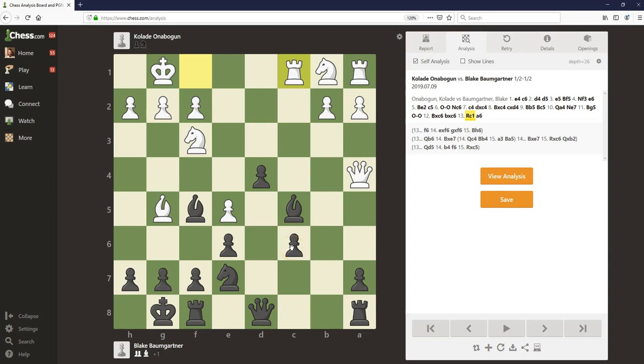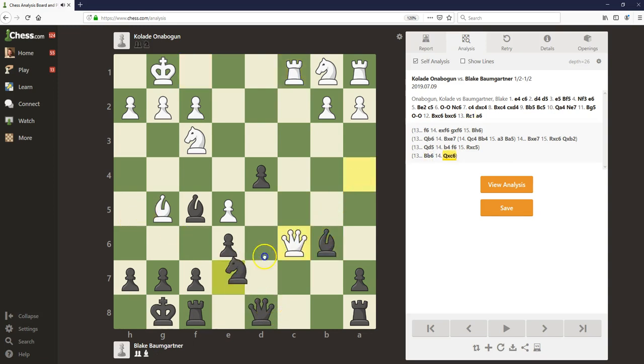Now, I very quickly dismissed queen takes c6, because that doesn't really make use of the pin. I can take with the knight, and if you take my queen, I take back. Just to show it, I can show it. I win a queen, you win a queen, I win a piece. That was easy to dismiss. So after bishop b6,